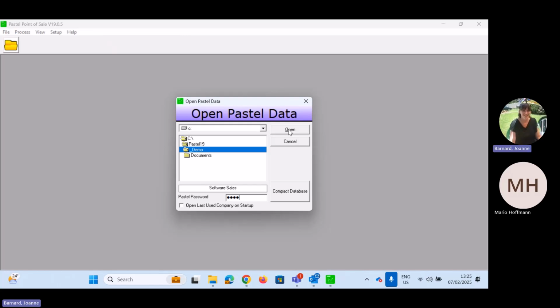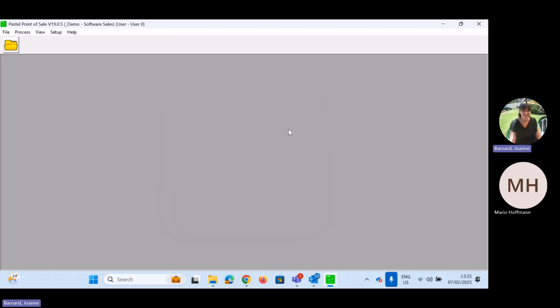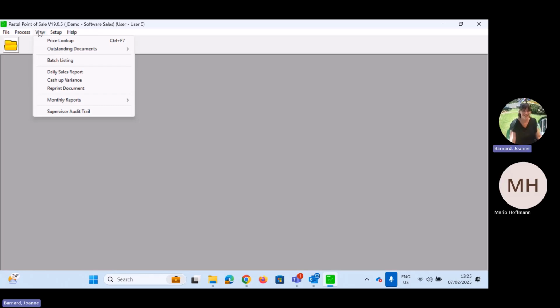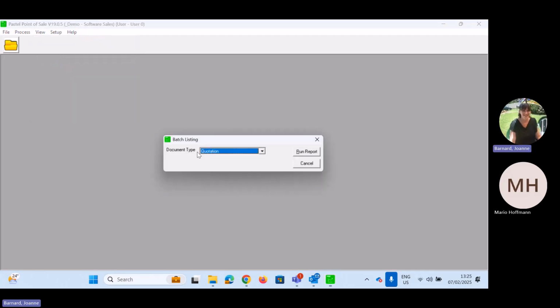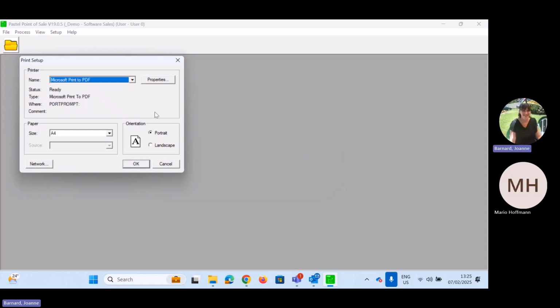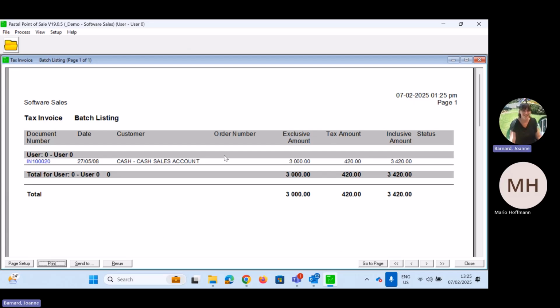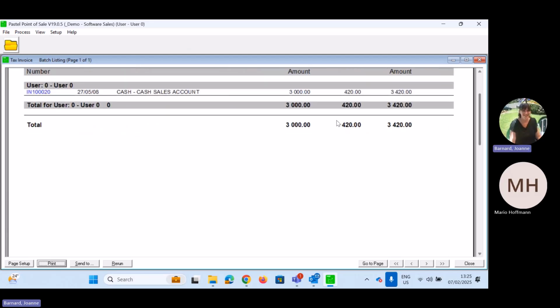So mine is user 0, but if it had said user 3, you have to log in as that specific user. If you're not sure which user it is, what you can do is you can go view, you can go into your batch listings, and then you can go through each option. In this case, it did say it was a tax invoice, and you can say run report. Now, this will tell you it's printing to a printer, but it does in fact actually print to screen. And here we can see that there is a cash sales account for user 0. And we can see that it is invoice